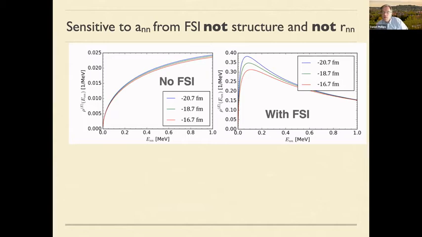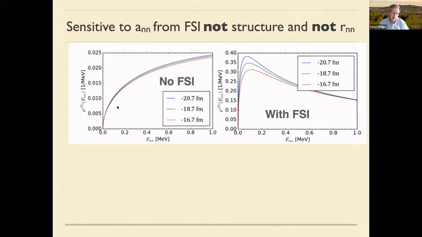So the first thing that I want to say about the theory side of this is that you are not measuring the imprint of a_nn on the structure of helium-6. You can't do this in the experiment. There's no switch in the experimental control room where you switch off final state interactions. But in theoretical calculations, you can switch off final state interactions and ask what the spectrum looks like. And so this is the answer. If we switch off final state interactions, then this is the density of neutrons as a function of energy. This is the neutron-neutron relative energy, which you'll note is very low, just going up to 1 MeV.